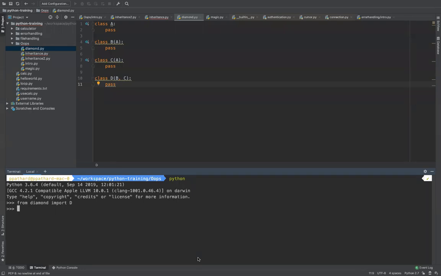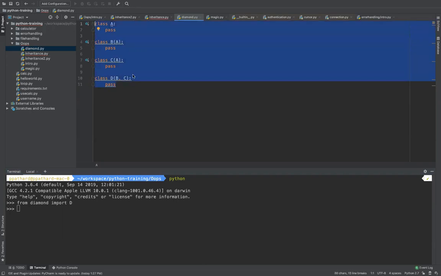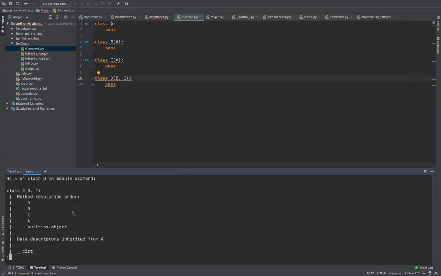Now the question is, how do you know how the traversal happens when you want to call a particular method if it is there in multiple classes? How to find out? It's very easy. You directly do help of D. Don't do anything else here. Now that's an interesting part. Python solves the diamond problem using method resolution order.